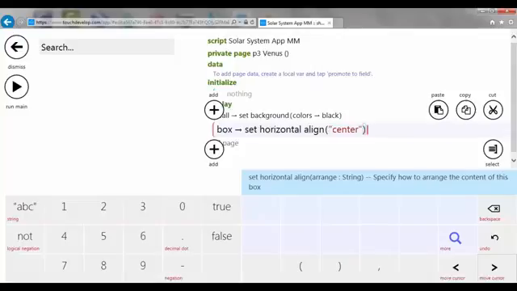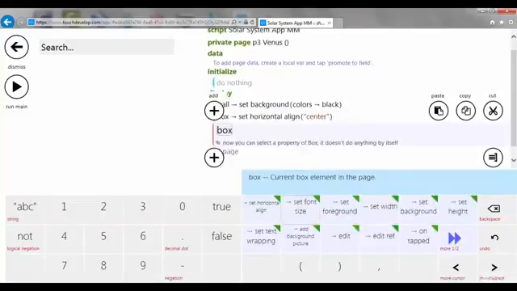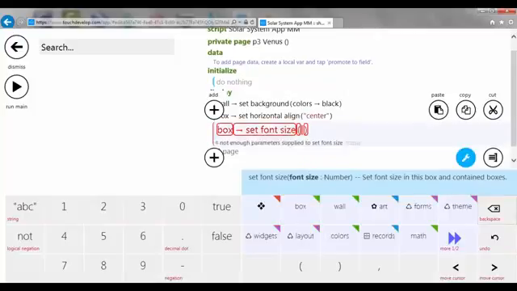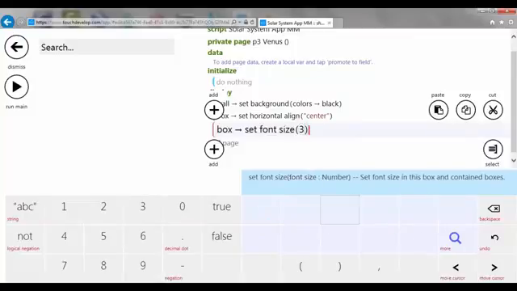The next thing we want is the box and the set font size to 3. Add a line, box, set font size, use the backspace and set it to 3. Cursor to the end of the line, add a new line,